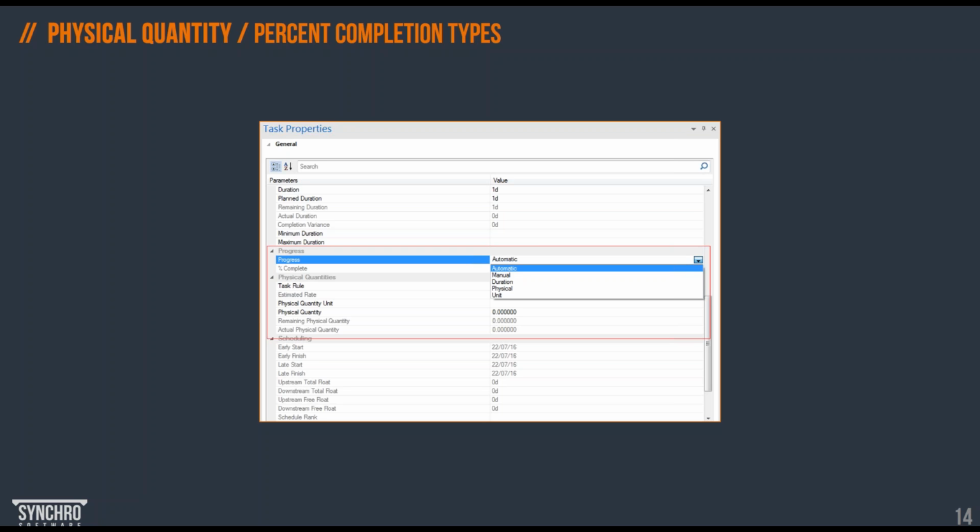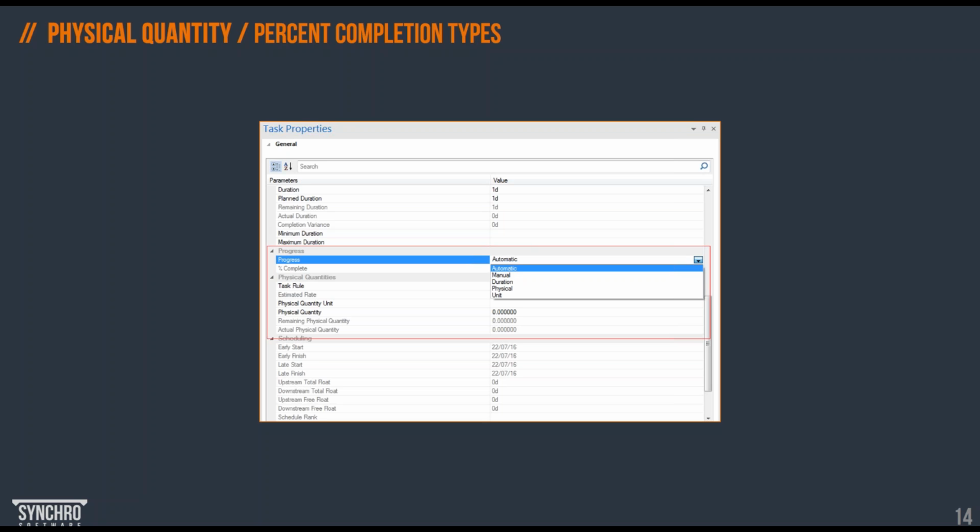If we choose the duration to be calculated, then we can use the production rate to calculate the duration from the physical quantity, and the production rate will be calculated automatically.